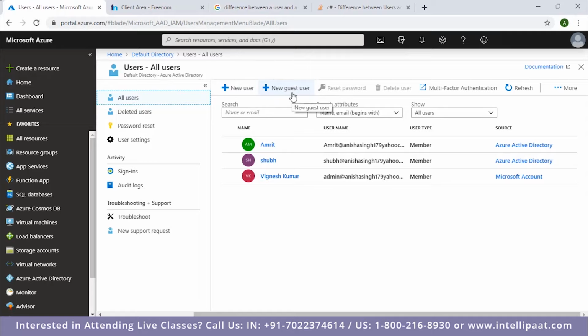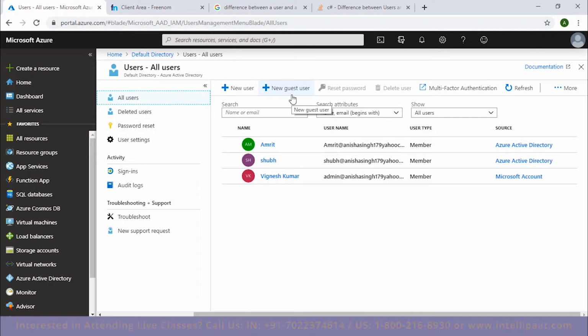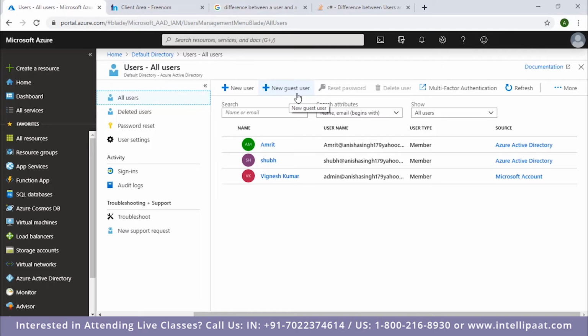As for guest users, because they are guests, they are external partners, they are not a part of your organization. That means they can have their own domain, and that domain does not have to be verified in the directory where you are trying to create a user, right? Because all the domains that you verify in your directory belong to that organization only, and the external partners might not have that domain because it is not of their ownership, right? So that is why the domain name that you can use in the username of a guest user does not have to be verified in the default directory where you're trying to add this guest user.